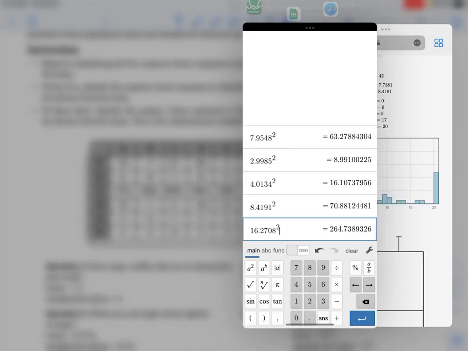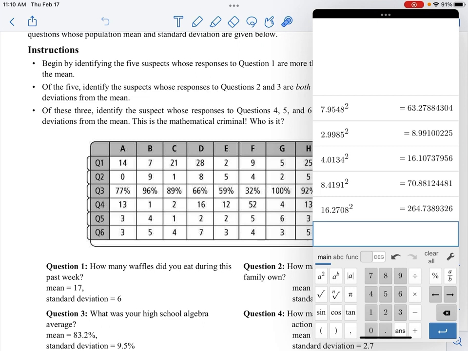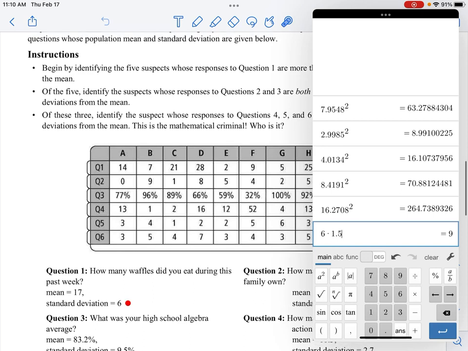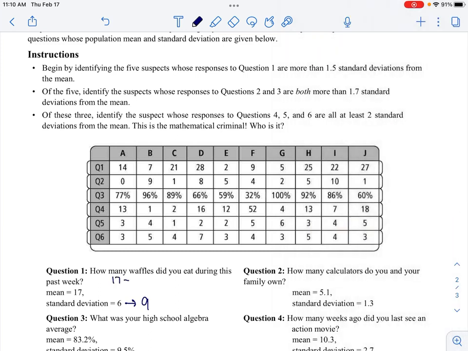So we're going to look at just question 1. We need to figure out what 1.5 times our standard deviation is. So 6 times 1.5, and we get that this is 9. So to figure out if the suspects' answers are more than 1.5 standard deviations away from the mean, we're just going to do 17 plus 9 and 17 minus 9. So we have that 17 plus 9 is 26 and 17 minus 9 is 8. So any suspect that has a smaller answer than 8, like B, and a bigger answer than 26, like D,